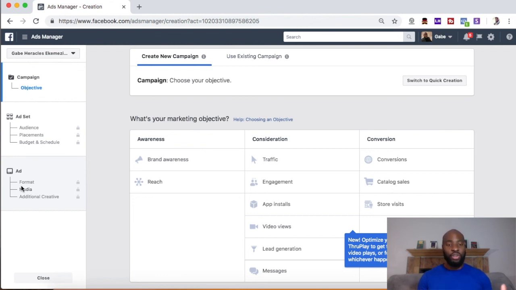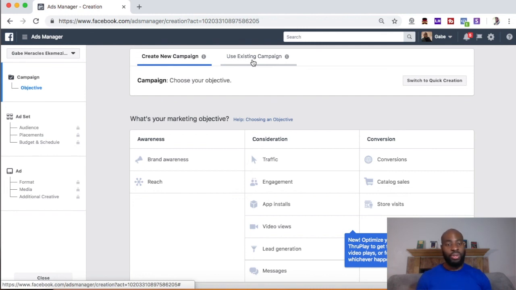If this is your very first ad set being built, you may also see something that says like pixel or something like that, which just means you haven't set up your pixel yet, and that's fine. We'll do that later. But just to let you know, that's what that is, okay? Now you can create a new campaign, or you can use an existing campaign. So if I wanted to use a campaign that I've already built, and I just wanted to tweak it and edit it, but most of the settings and stuff that I already built is there, I could just click this and use an existing campaign, and it will just kind of basically copy the campaign in,